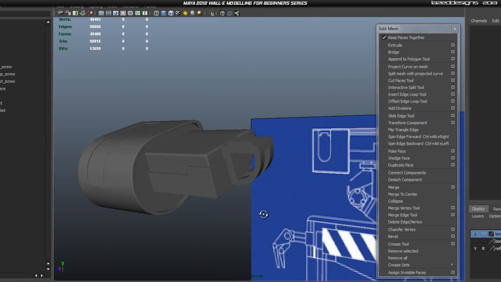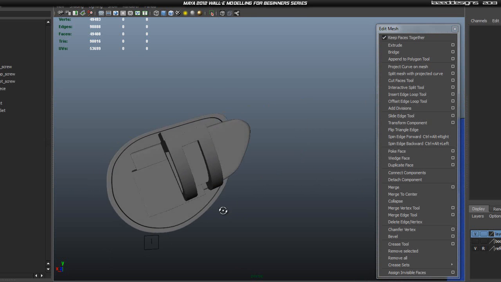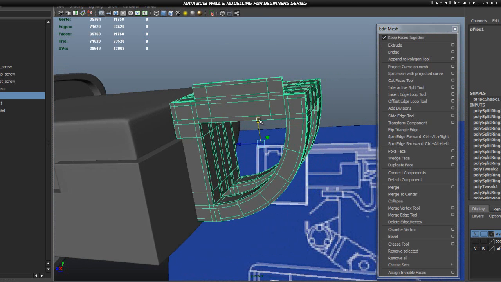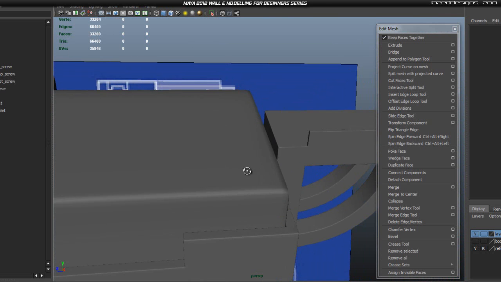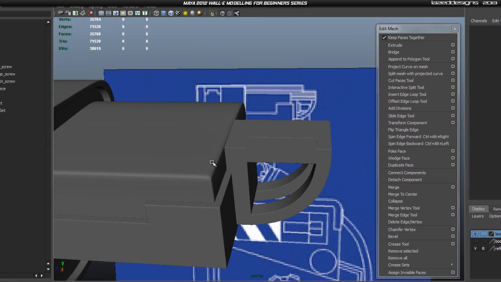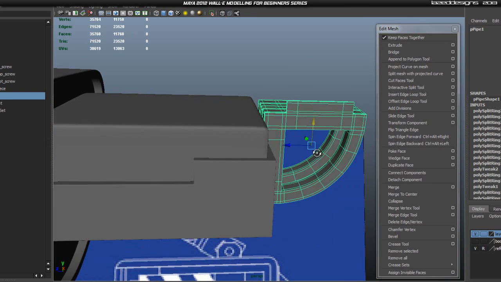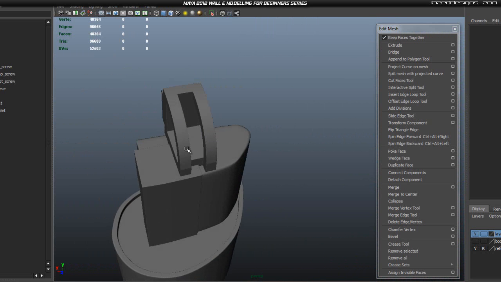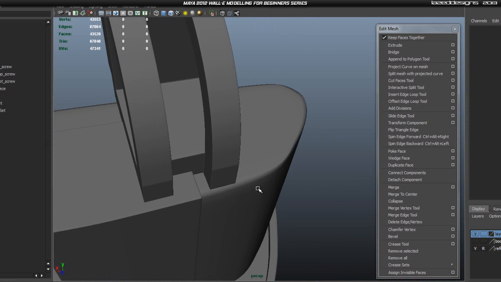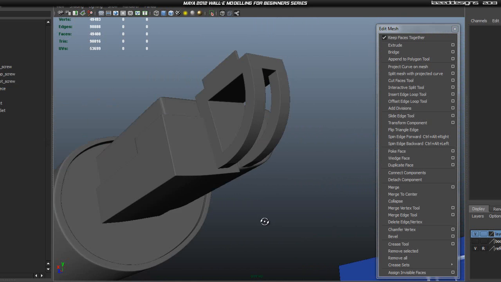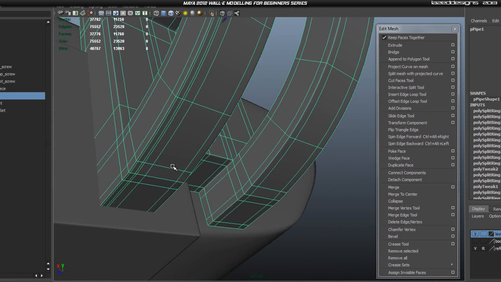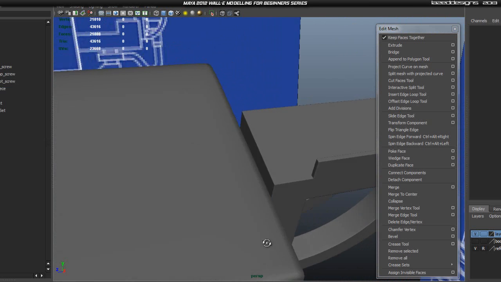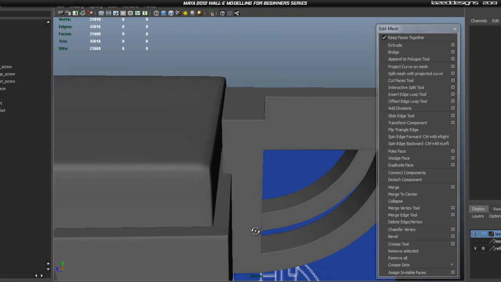So that's looking a little bit better now. They're roughly sitting in the middle, okay? So I'm just going to move this up a bit more. I mean, you're not going to see this bit here because there will be another piece sitting on the top. So I'm just trying to get this bottom bit right, and it looks pretty good to me. And I also want this to smooth a little bit better later on. So